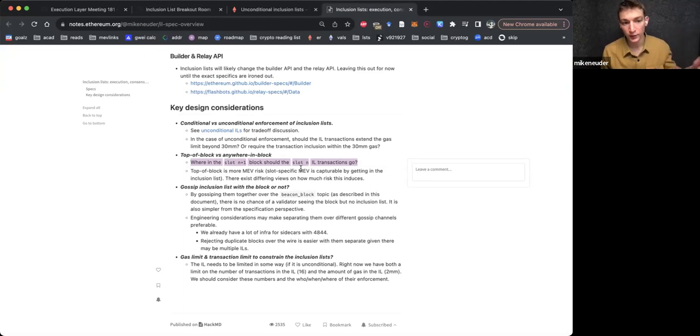You can bribe the slot N proposer to include your mint transactions in their inclusion list, and that they'll be enforced at the top of the block, which means you get to mint the first NFTs. For this reason, I think the anywhere in block enforcement is better, and I think we've all kind of started to. I mean, happy to receive pushback here, but generally, I think anywhere in block seems a little less gameable, less MEVable, and also it doesn't seem too much harder to enforce in terms of the state transition function.